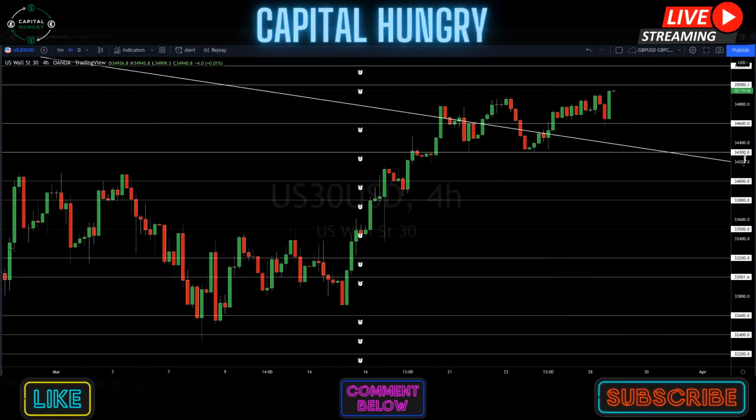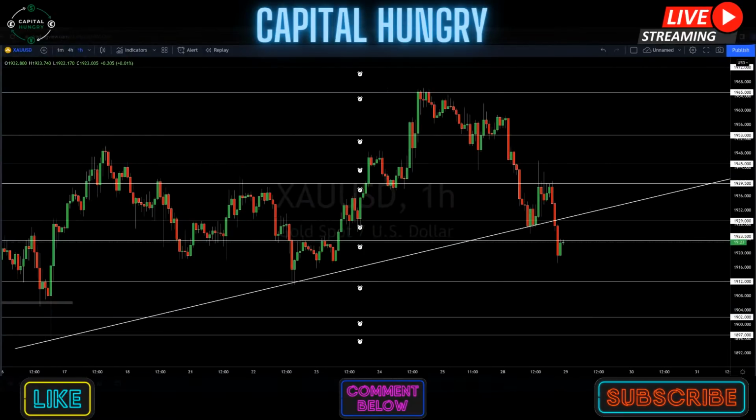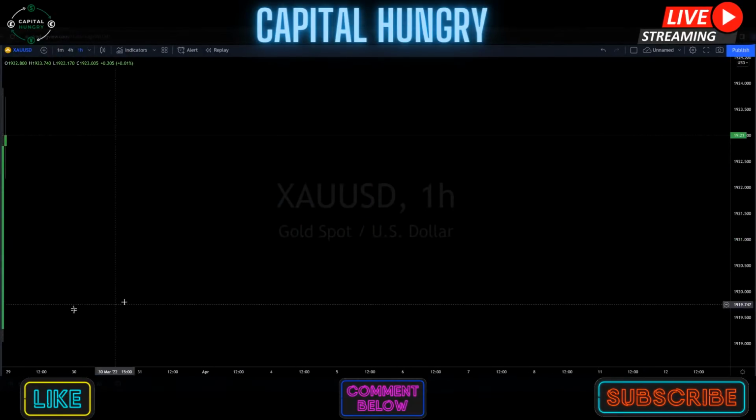You can see we've just been in this intraday consolidation phase in an order block, but retests of 34,600, breaks above 35K, buys on US 30. I would only sell with breaks below 34,300 and new market fear, uncertainty, and doubt that we can take advantage of. Okay? Otherwise, those are the trade ideas.